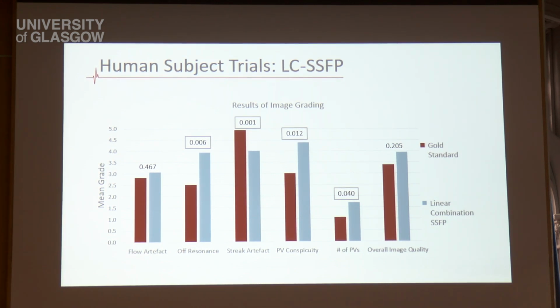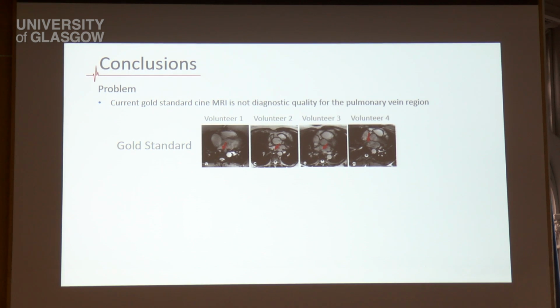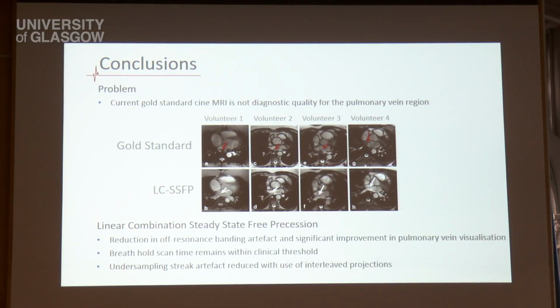So to conclude, the problem that I was addressing was that the current MRI techniques are not suitable for diagnostic use in the pulmonary veins. A method such as linear combination steady-state free precession could reduce the effect of these dark banding and nulling regions, and the use of undersampling and interleave projections means that we can keep the breath hold scan time down to clinical threshold. Further problems are with that flow non-uniformity I mentioned, and the future potential and impact of this research